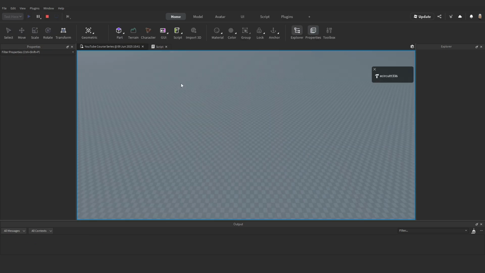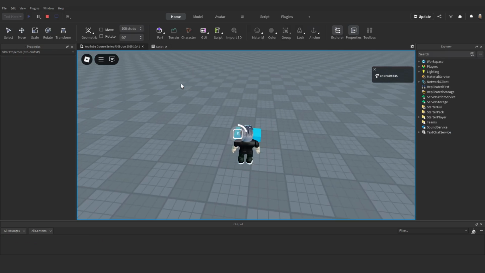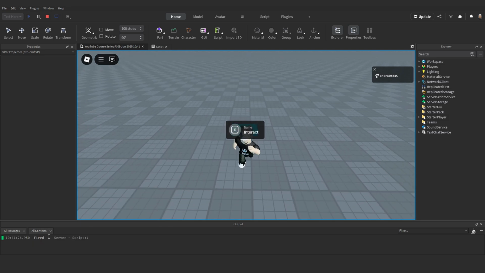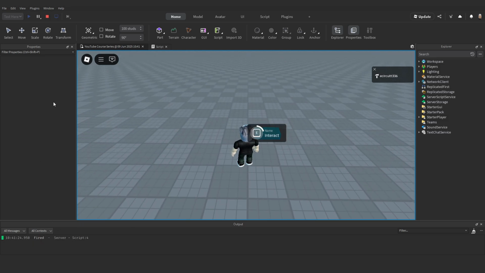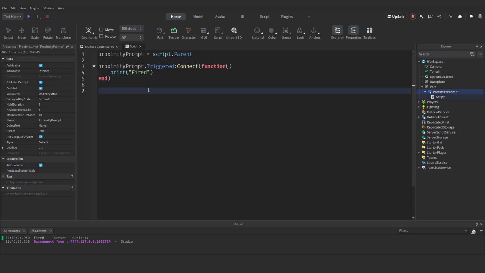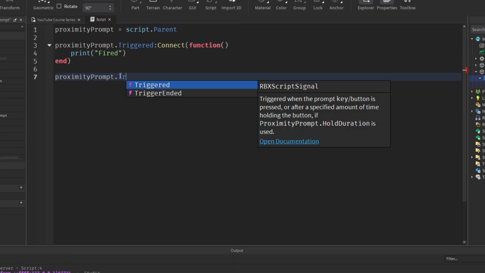Let's test that. So I hold it for 3 seconds. And it says fired in the script. If I let go before it finishes, it doesn't say anything. Now, let's try the other one. Proximity prompt dot trigger ended